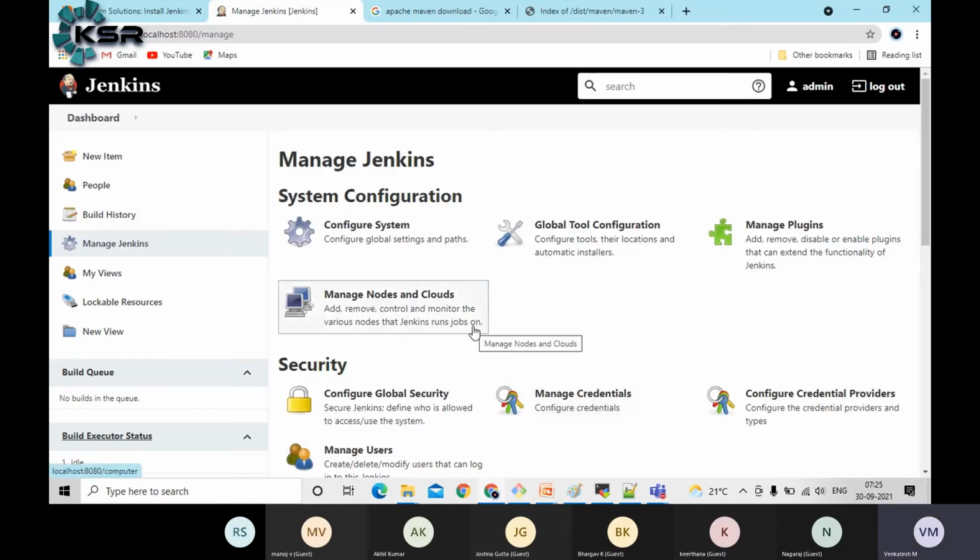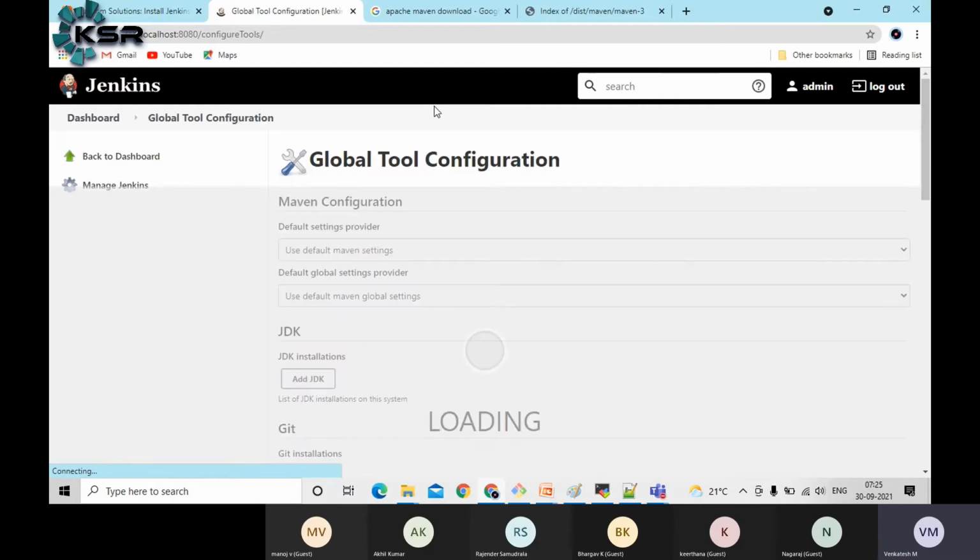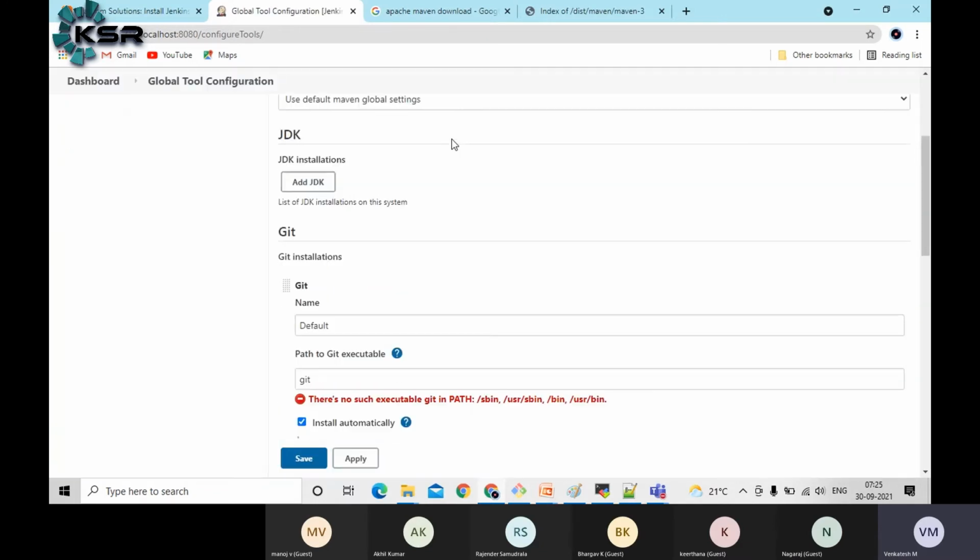Let's move further. So these are the tools and configuration we have covered, right? Now let's try to configure our system, guys, to build a small project. Let's say I have some sample Java project. To build and compile the Java project, I should have the JDK. If you want, you can configure it. Otherwise, you can leave it empty. It will choose the default one.